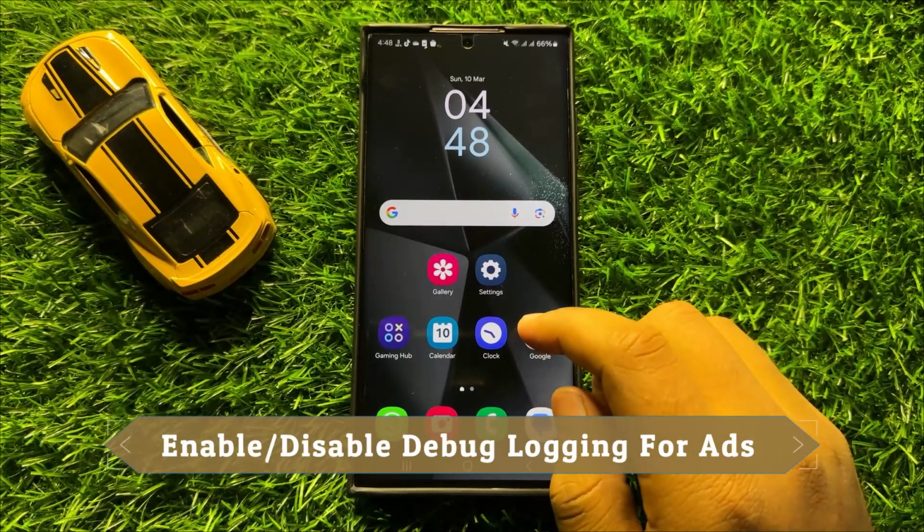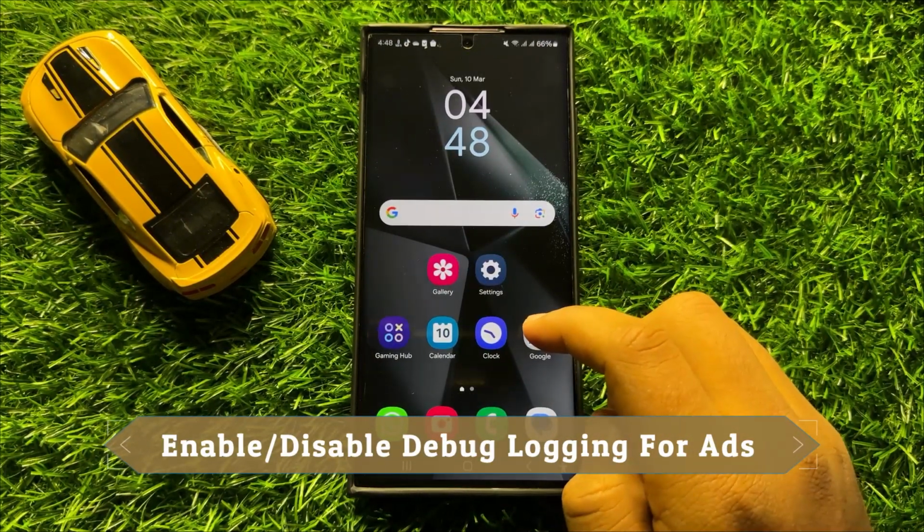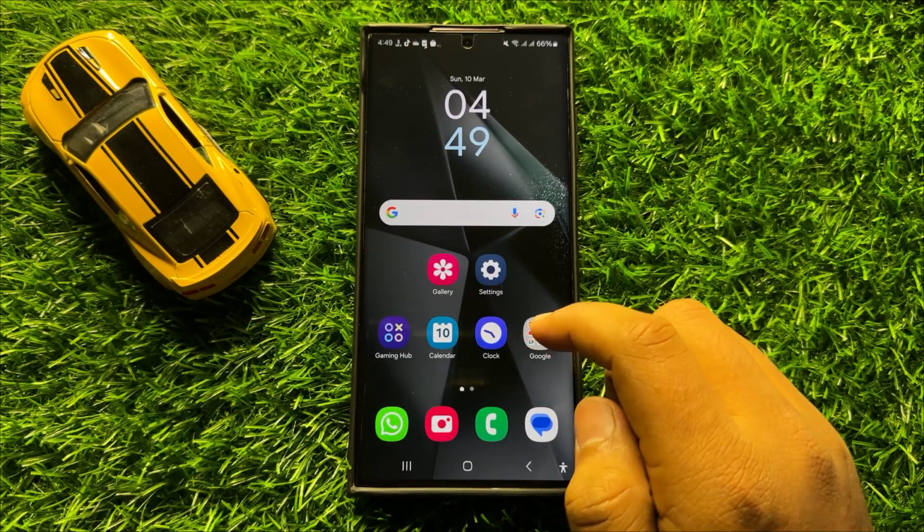Hello everyone, in this video I will show you how to enable or disable debug logging for ads in Samsung